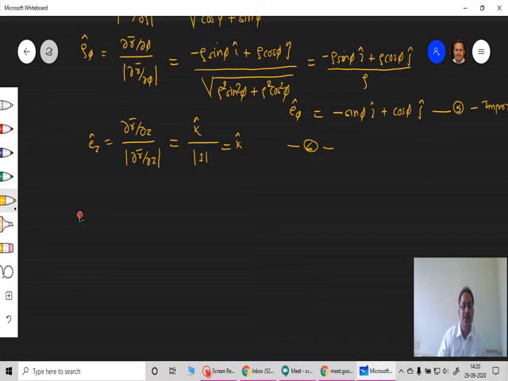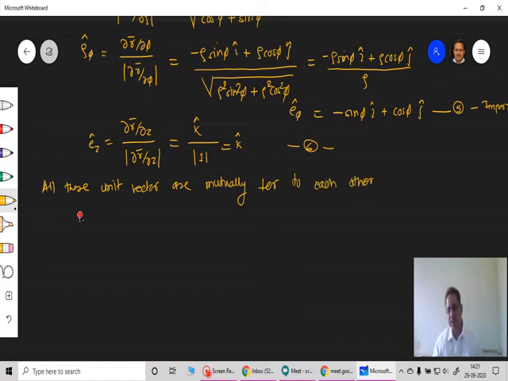So you can see here all these unit vectors are mutually perpendicular to each other. We can check. Actually, we will go for certain problems, and at that time we will come across this. So the system is orthogonal. Therefore, the system is orthogonal. Now let's go for metric coefficients.